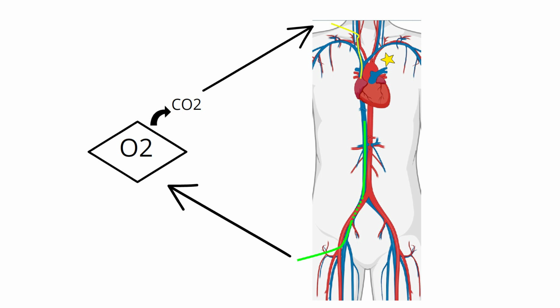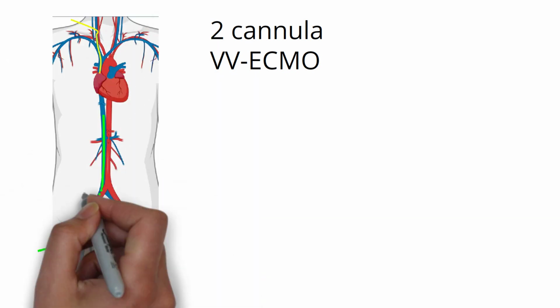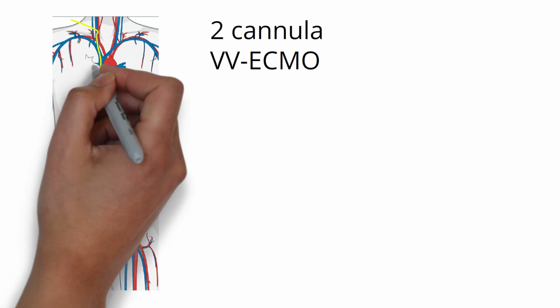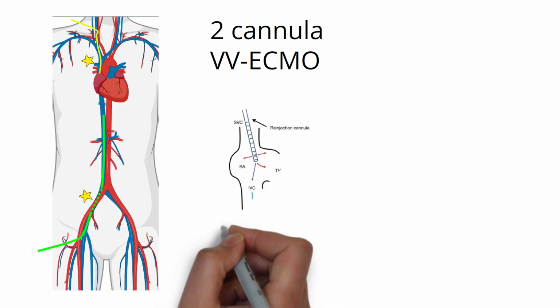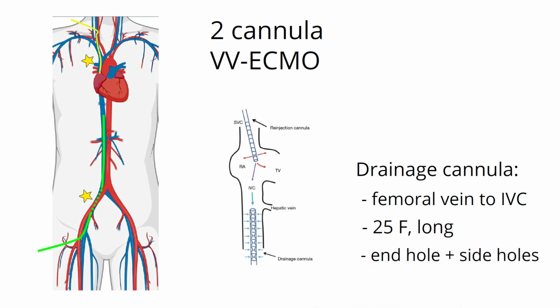VV ECMO is most commonly performed with two separate cannulas. In this configuration, blood is drained from a large vein, usually in the leg, and then returned to the right atrium. The venous drainage cannula is typically placed via one of the femoral veins and is inserted into the inferior vena cava. The venous drainage cannula is quite large, typically 25 French or larger, very long, and has an end hole and sometimes multiple side holes that drain blood from the intrahepatic inferior vena cava in order to withdraw blood